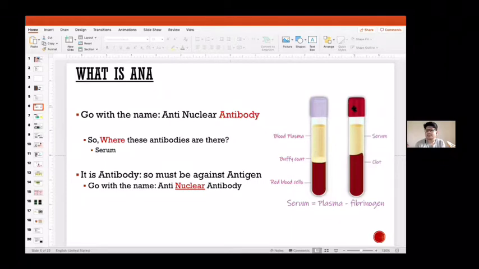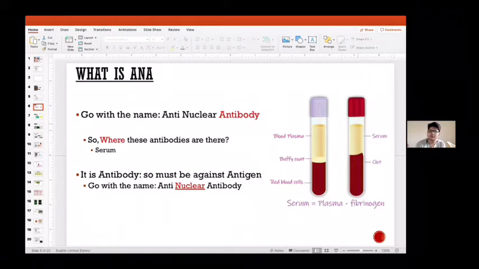But when you keep the sample in the red vacutainer, or plain vacutainer, it gets clotted and the serum separates. In serum, we do all the investigations possible in life: urea, creatinine, sodium, potassium. Even liver function tests, total protein, albumin, we keep sending for patients. Whenever we send total protein and albumin, the other portion we calculate is the globulin: total protein minus albumin equals globulin.